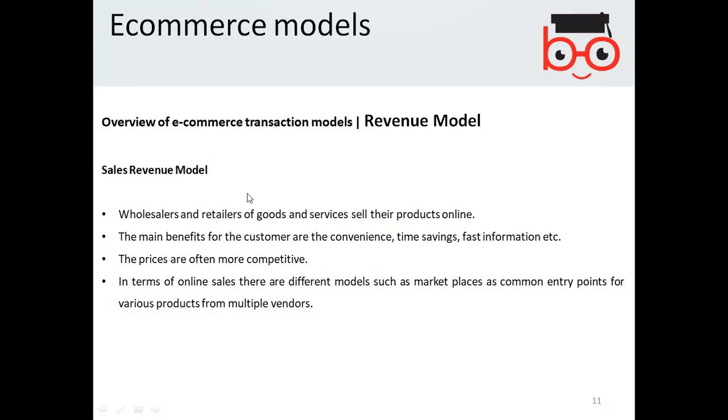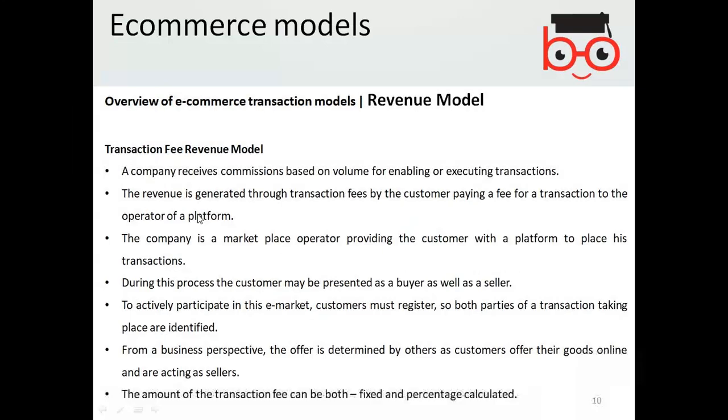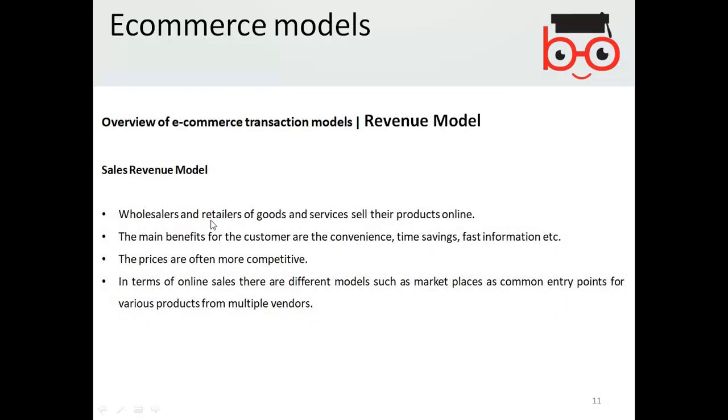Probably you can get a commission from the wholesale. Whatever you are selling, the more items you sell, the more benefit you get, and on the basis of sales as a wholesaler, it can become a sales revenue model.